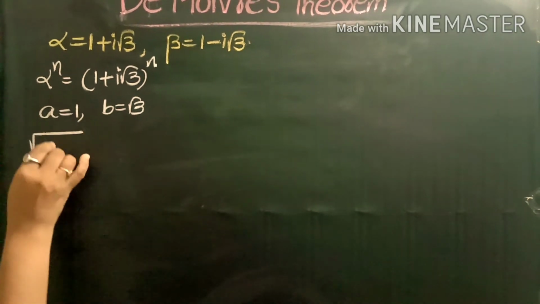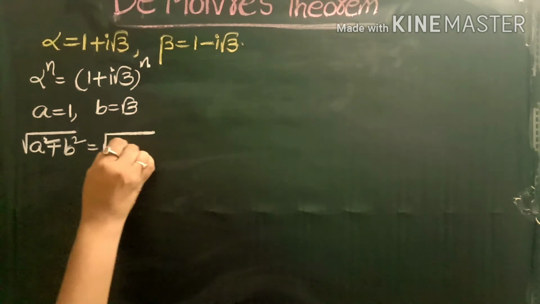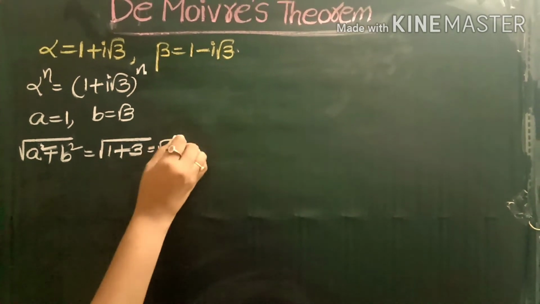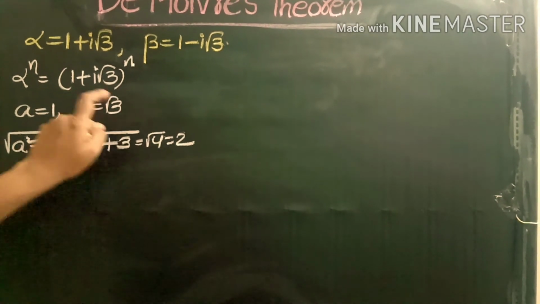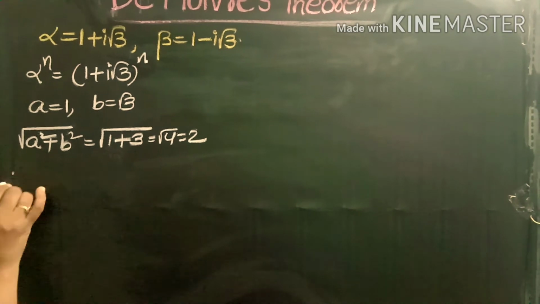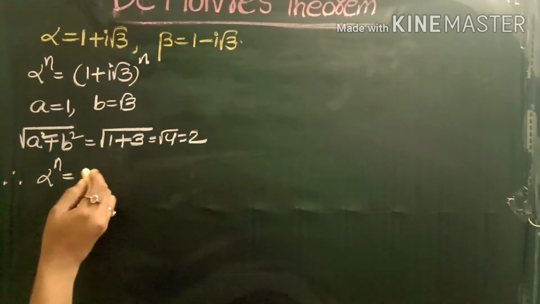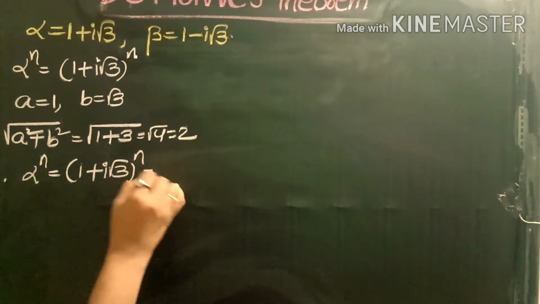Now finding the value of square root of a square plus b square. So root over a square plus b square is equal to square root of 1 plus root 3 whole square, which is 1 plus 3, root 4, which is equal to 2. Now applying this number to the above complex number, to alpha power n. Therefore alpha power n is equal to (1 plus i root 3) whole power n is equal to,